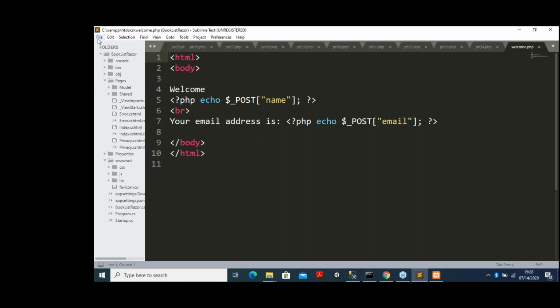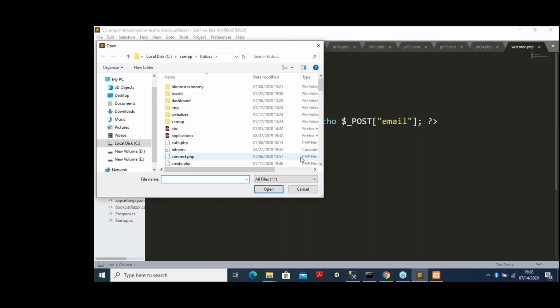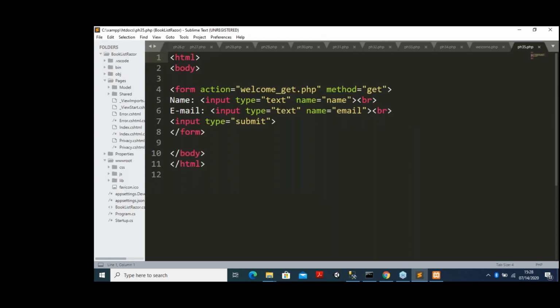I am going for the file, open program, open file 35. Okay, now I am going for program 35. Open here. Same thing, but I am using the GET method. So that's why I have given another file. The form is the same. Only the form action I have changed. See, I am not changing anything else, only that name I have changed.